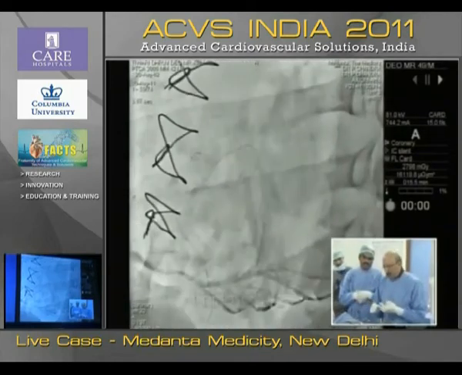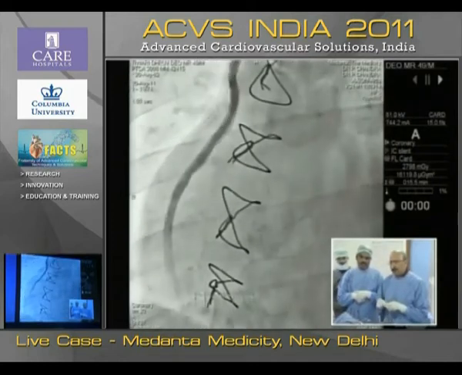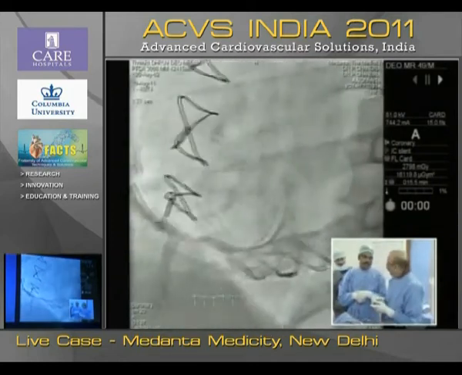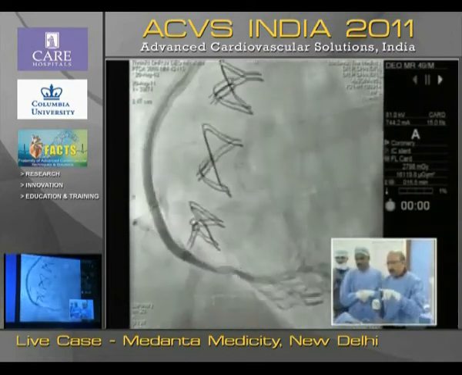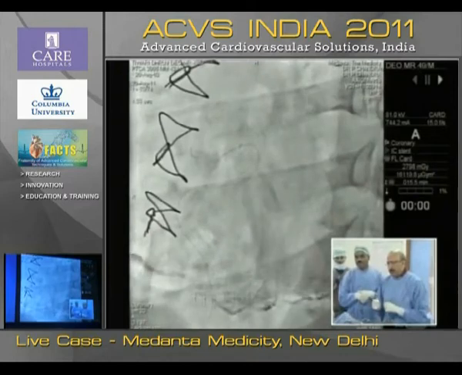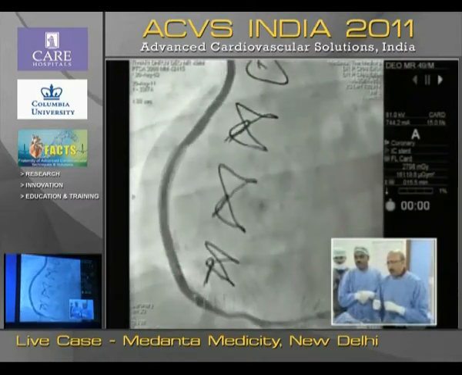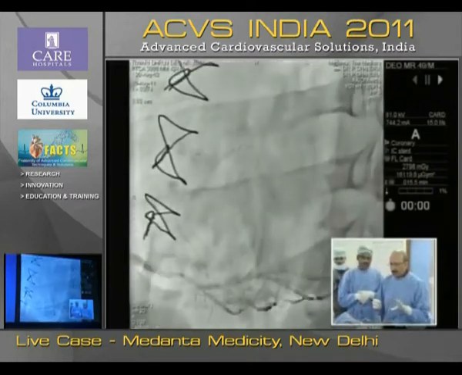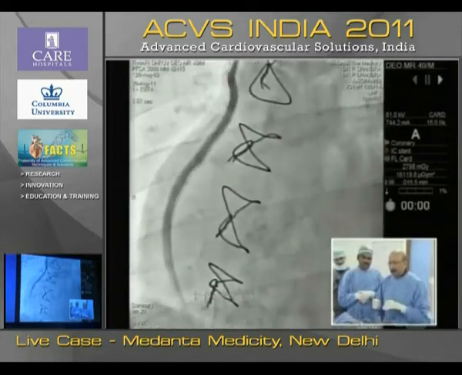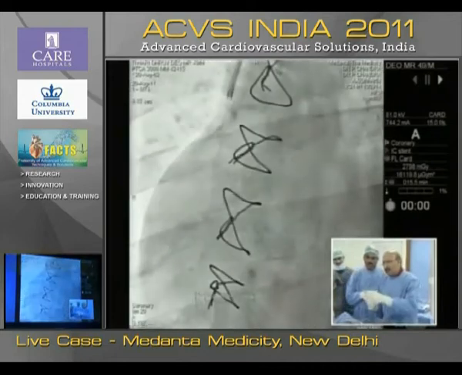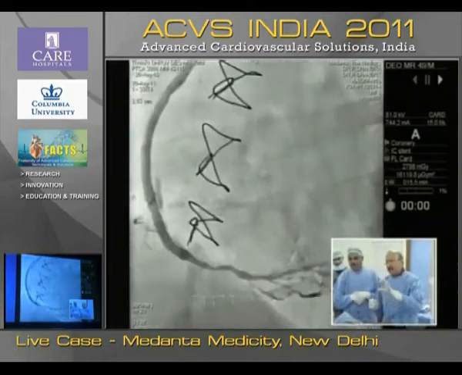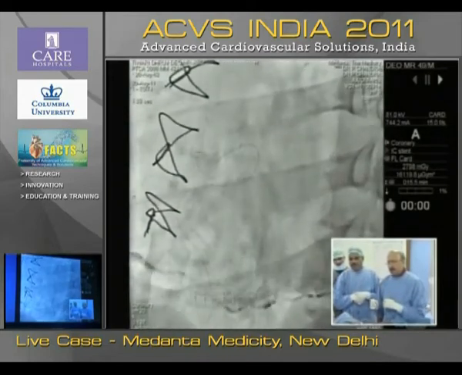Number two is that about the distal protection device, I don't think we will be able to use any distal protection here because there is hardly any landing zone. So we won't be using any distal protection in this particular patient. And since we are also expecting that at least a major part of this lesion is in the native vessel, we don't need to really put the distal protection device.